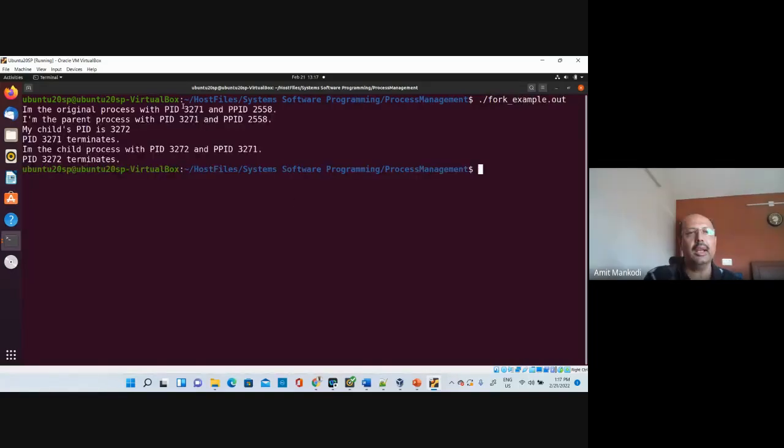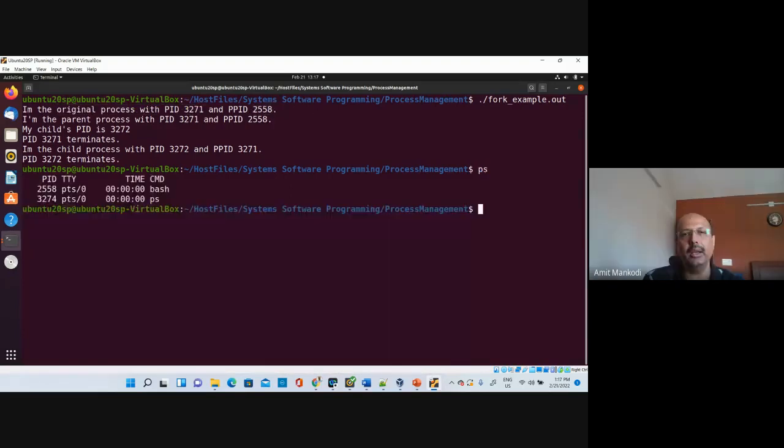So you can see that this is my original process, which has the PID 3271. This is my parent's PID, which will be the PID of my terminal window. You can see that bash is the terminal window, 2558, which is my parent's process ID, because in this terminal window I'm running this process, and this is my process ID. Now when I do fork,